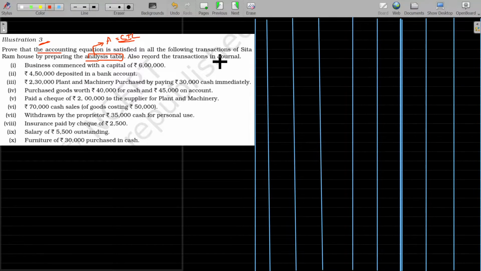Also record the transaction in journal. So I will rewrite this along with the other model also later. Let me finish this first of all using the accounting equation approach. So the left hand side is assumed to be the assets, the right hand side is named as liabilities. In liabilities we have capital,